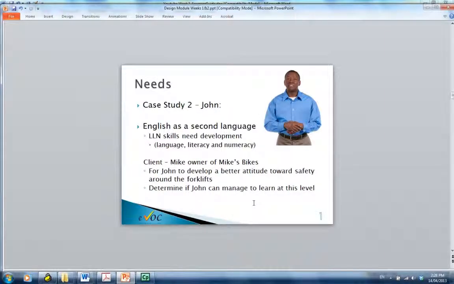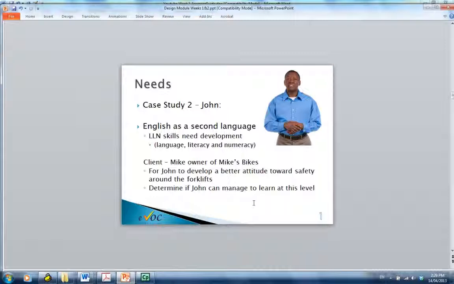So here's John. He is new to the transport and logistics industry. He's working for a small business owner called Mike, who owns Mike's Bikes. That's a warehousing company, and Mike's Bikes supplies a lot of stores all over Queensland. That isn't a necessary bit of information, I'm just trying to give you a little bit of background there. Now, John is pretty new to Mike's business. At the moment, he just runs some general errands and does a little bit of labour,